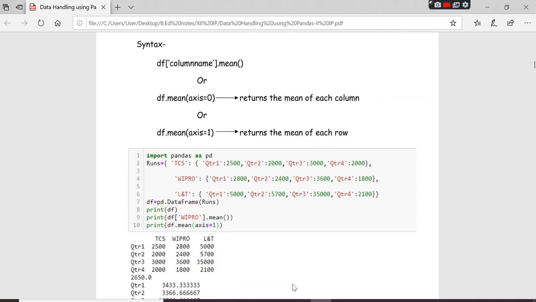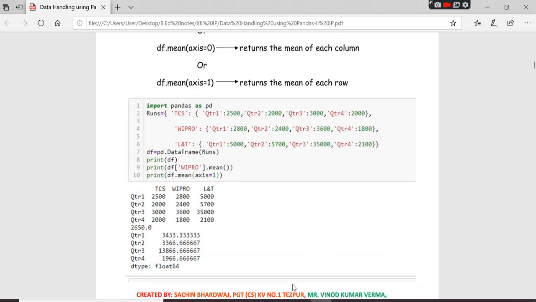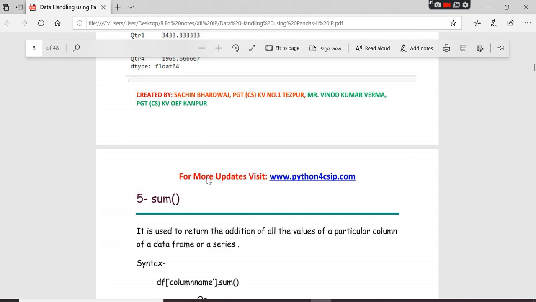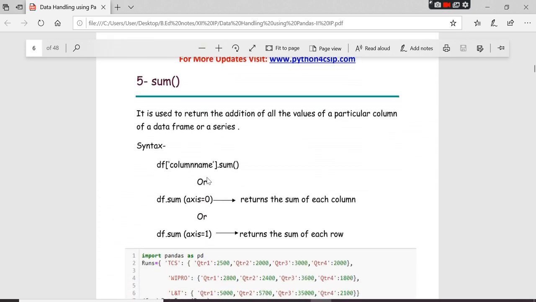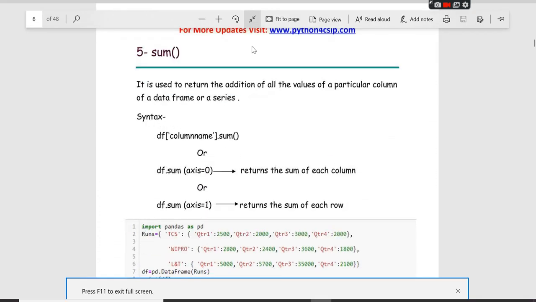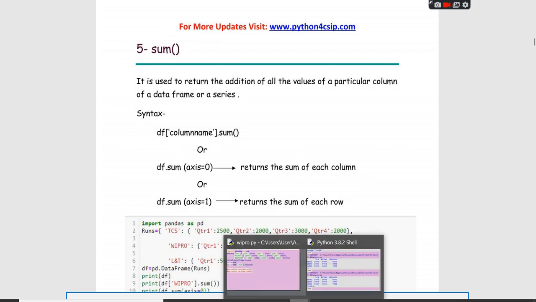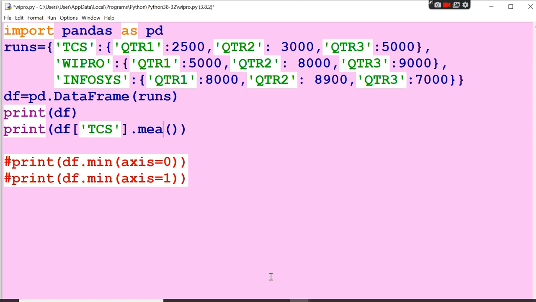Axis 0 means each column wise mean, and then row wise mean. You could see those answers also. You have to do everything in the system, and you could understand the things and work out everything and show me all the outputs. Okay, and you see here sum, the total sum. So all the arithmetic things, all the statistics things are now going